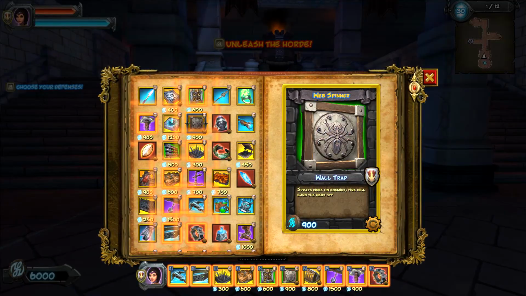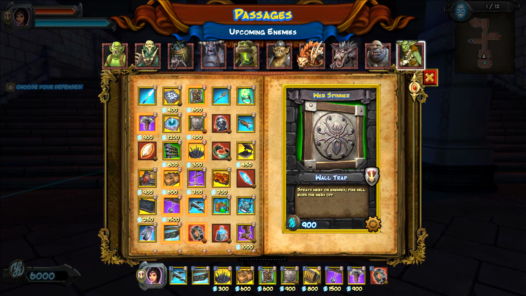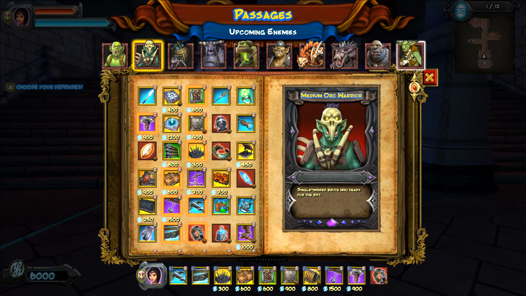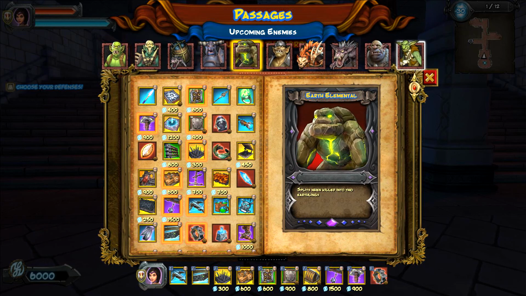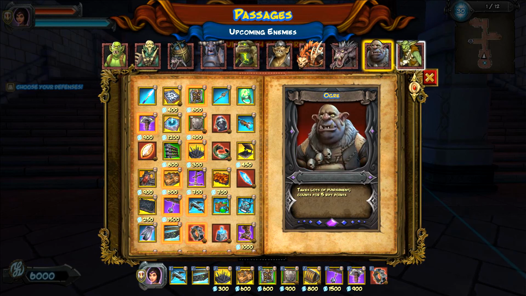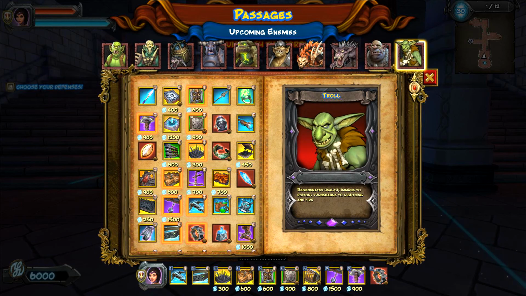Since I mentioned them, let's take a look at what we've got. Everything, apparently, pretty close. We've got the 5-toothed Babby Orc, the Medium Orc, the Sappers, the Heavy Orcs, the Earth Elementals, the Crossbow Orcs, the Knoll Hunters, the Runners, the Ogres, and the Trolls. So basically, everything except for the Armored Ogres, I think. Definitely